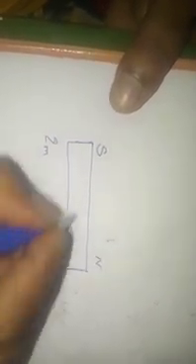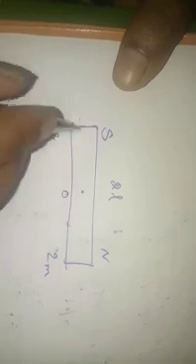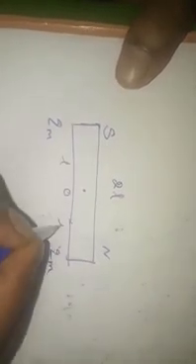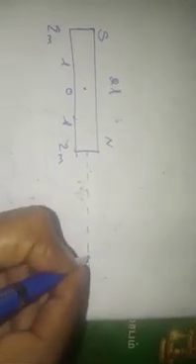Here we consider the bar magnet NS. The pole strength of each one is Qm. The distance between the two poles is 2l. The geometric center of the bar magnet is O. From the center to each pole, the length is l. And this is the axial line. Our aim is to find the magnetic field along the axial line. So along the axial line, I consider point C.